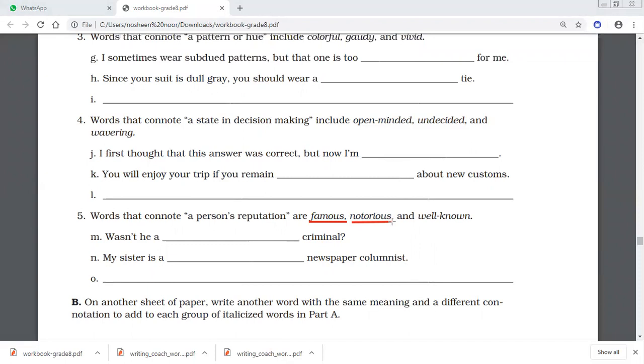There are always positive reasons to be famous, and there are always negative reasons to become notorious. Notorious is somebody who's a criminal, like a most wanted person. He is known by people, but in a negative way. And a well-known person is also a person who is